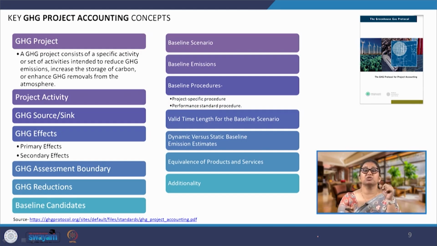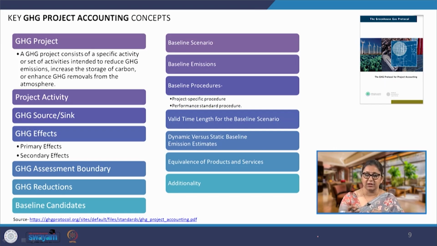For example, this gymkhana might have a small pantry where boiling of water or making of tea is happening. Burning of LPG there is a source of GHG emissions. That is also going to come into accounting. However, in the baseline emissions that we calculate and the reduction that we show, this activity will not have any impact because we are not changing it. It is not part of the project activity, but we have to account for all the sources within the project